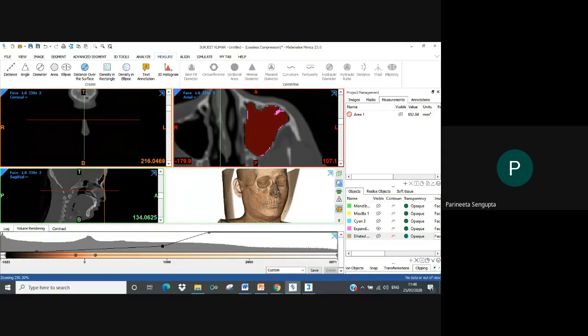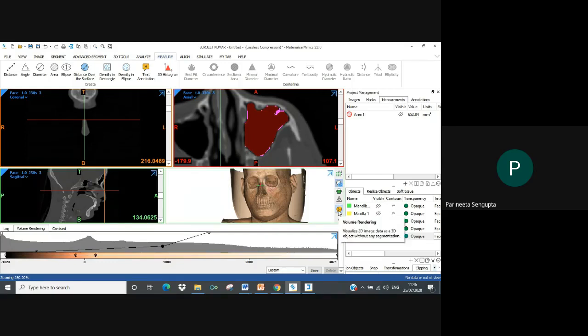But you also see, it's taking time for me to turn the model. Basically, what volume rendering does is it lags the model. So it is ideal that in the end, when you just have to visualize things, you toggle it only then. Otherwise, while working, it will lead to software crashing.